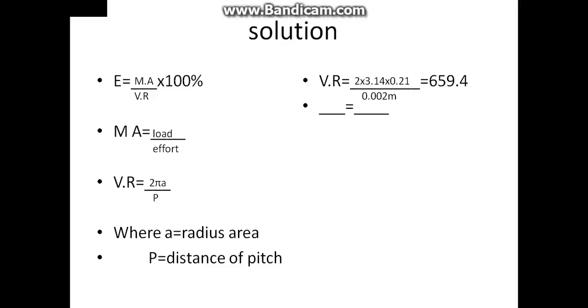Then we know that from the formula of efficiency, E is equal to MA over VR times 100%. Then our efficiency is 50 divided by 100, which is equal to MA, which is not known, over the velocity ratio, which is 659.4. Making mechanical advantage the subject of the formula, we have 50, which is the efficiency, times